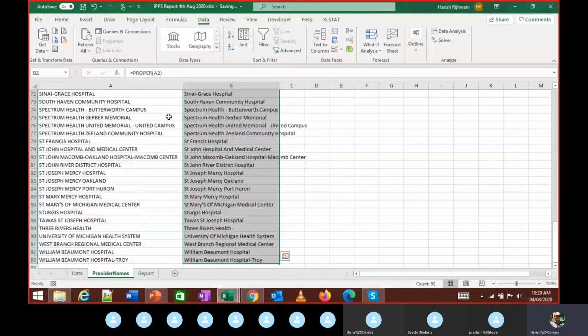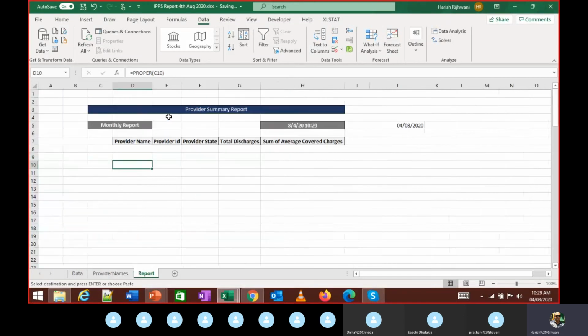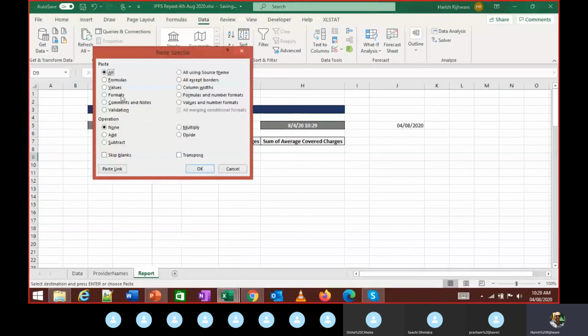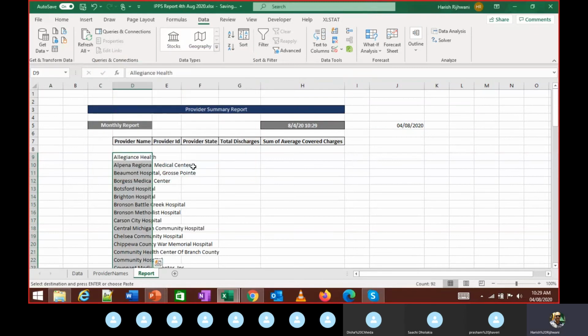So what we need to do when I'm copying this cell, I need to right click, paste special, and here there is an option called values. And when I paste it, now I'll get my values.